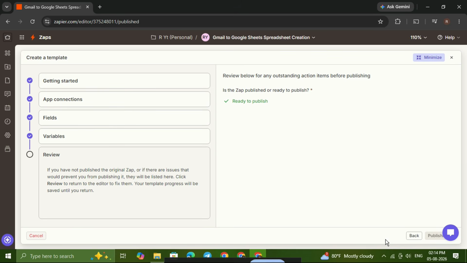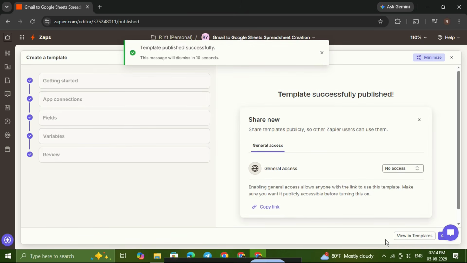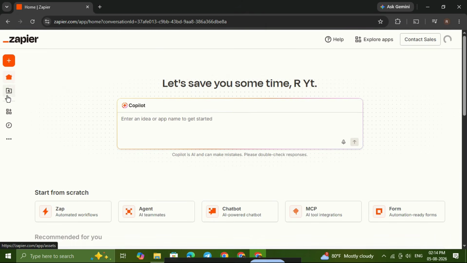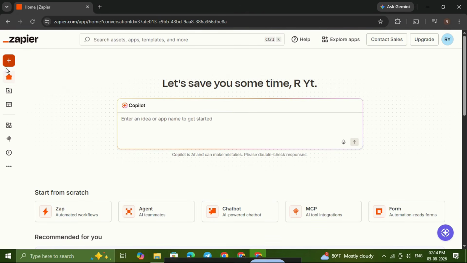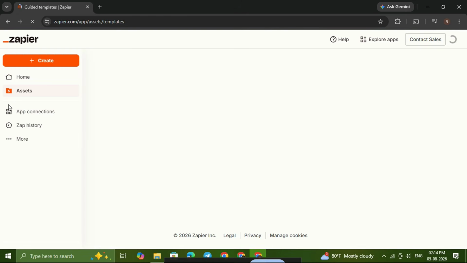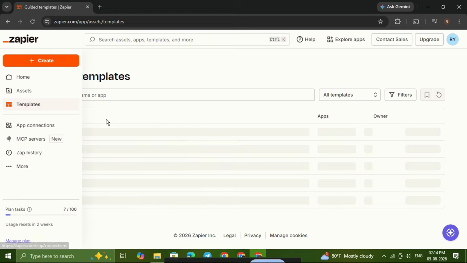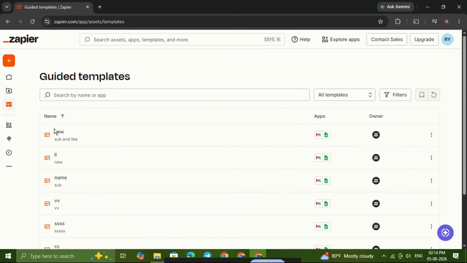After publishing, you can return home in Zapier and check your template section from the left side menu. This is where you will see all of your published templates in one place. And that's it. You've now created a Zapier template from one of your existing Zap workflows. It's a simple process once you know where to click, and it's a really useful way to share automations with